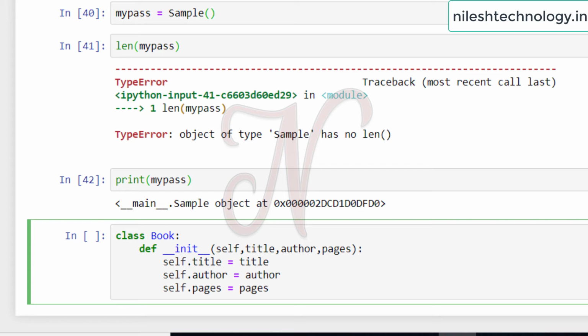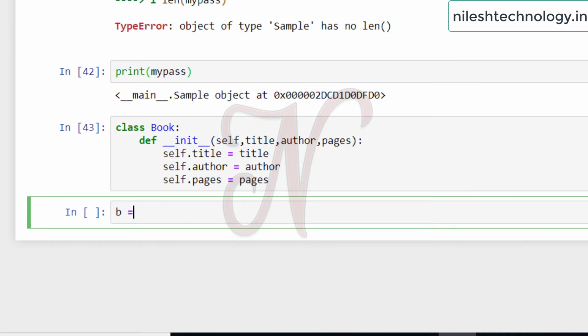Now we create an instance of this Book class, b equal to Book. My book name is Python Rocks, the author is for example Nilesh, and the number of pages is for example 200.